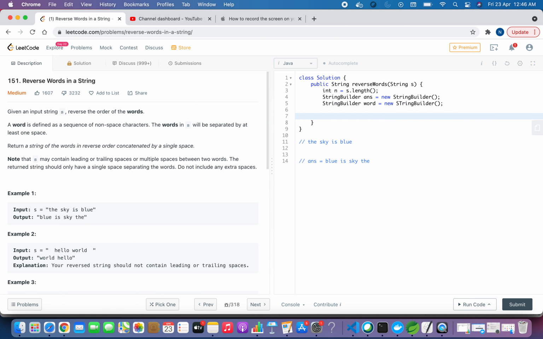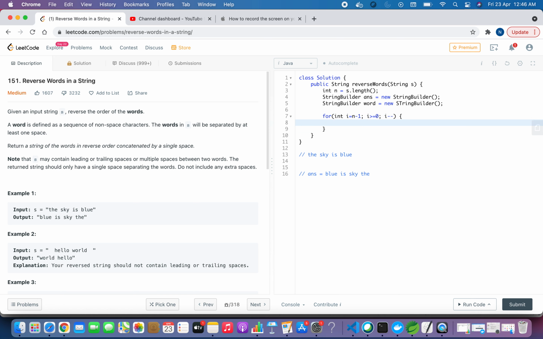I am planning to iterate from the ending to the starting, that is, from last to first. So I will start with E, U, L, B and construct the word "blue". I'll show you in the code. So I'll start from the end of the string and go to the beginning.